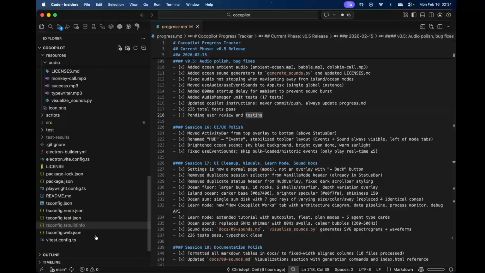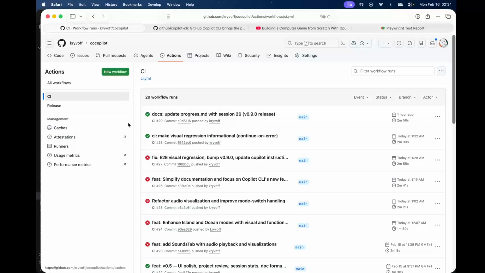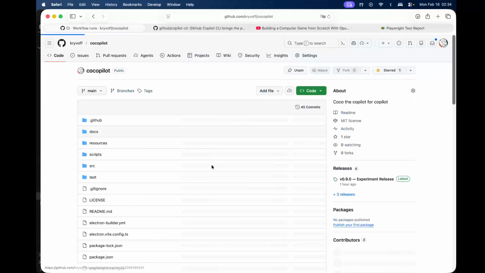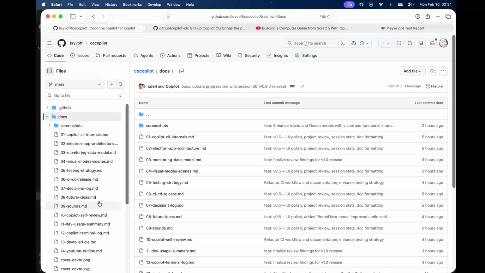I think this is it. This is all I wanted to show. So everything is on GitHub. You can see it here, all of the docs and the files. You can continue it by yourself. I even put in some of the